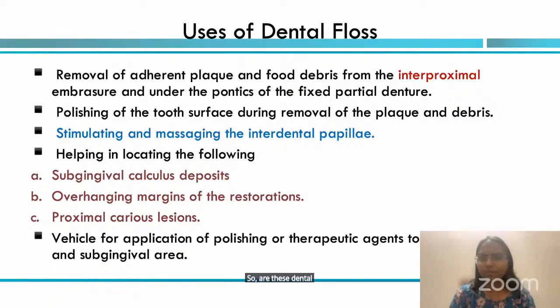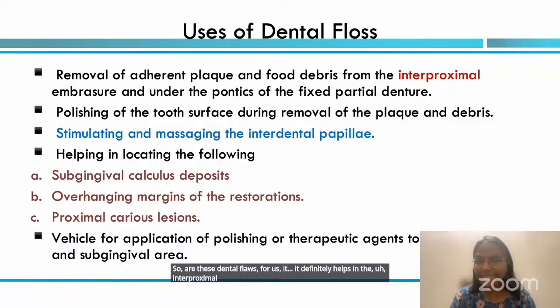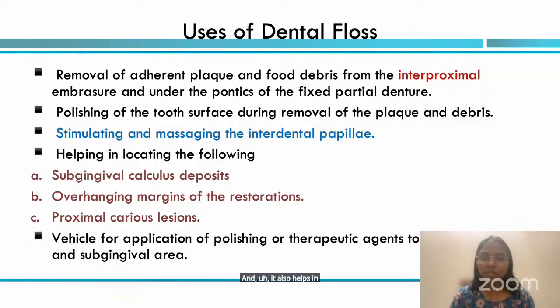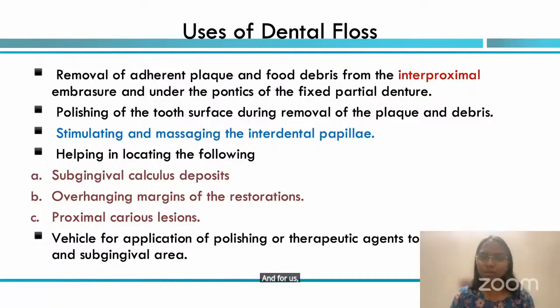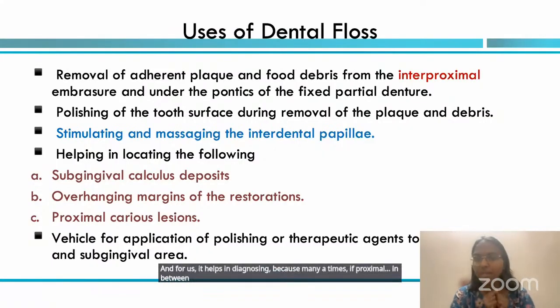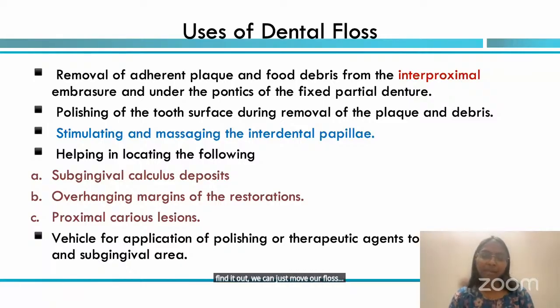So this dental floss definitely helps in the interproximal embrasures to clean that area, and it also helps in massaging, stimulating the interdental papilla so it remains healthy. And for us, it helps in diagnosing, because many a time if proximal caries are present in between two teeth and we are not able to find it out, we can just move our floss and be clinically sure